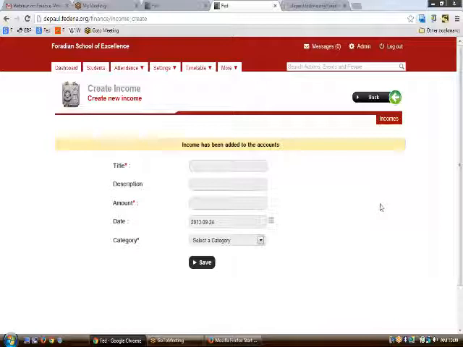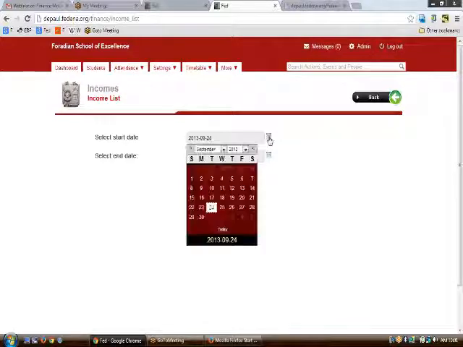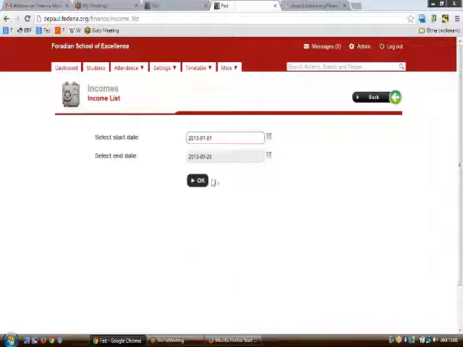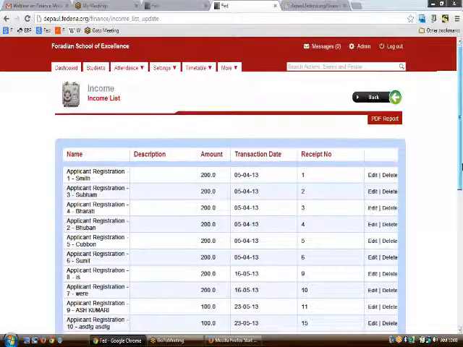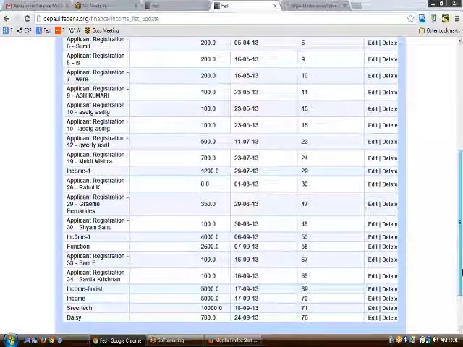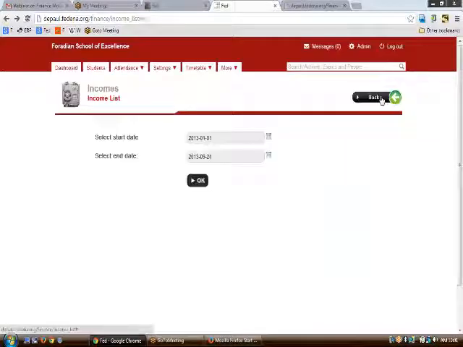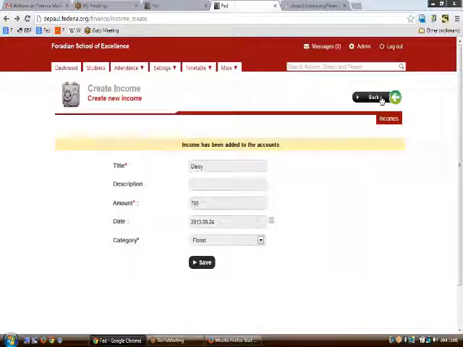The normal incomes like the fees and others would always come up here, and you can always see on which date what incomes were created. The whole list of incomes runs from the start date that you selected to the date till now. Here I've selected January 1 till now, so I would be able to see the list of all the incomes here. So I can see the money which has flowed to the institute using this income list. This is how you can have a track record of all your incomes and expenses.